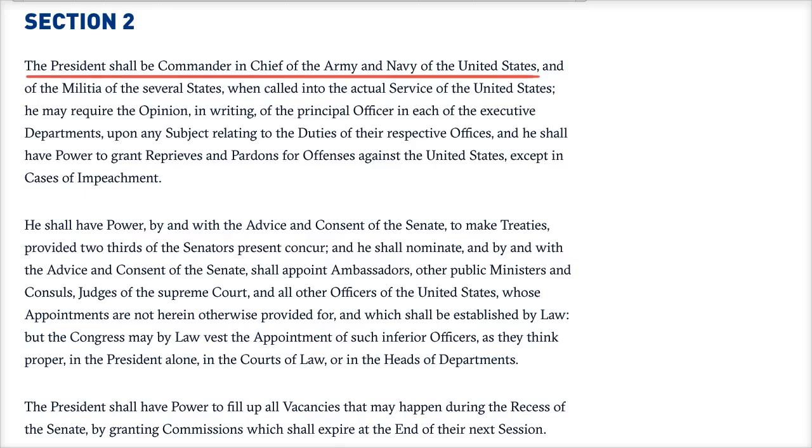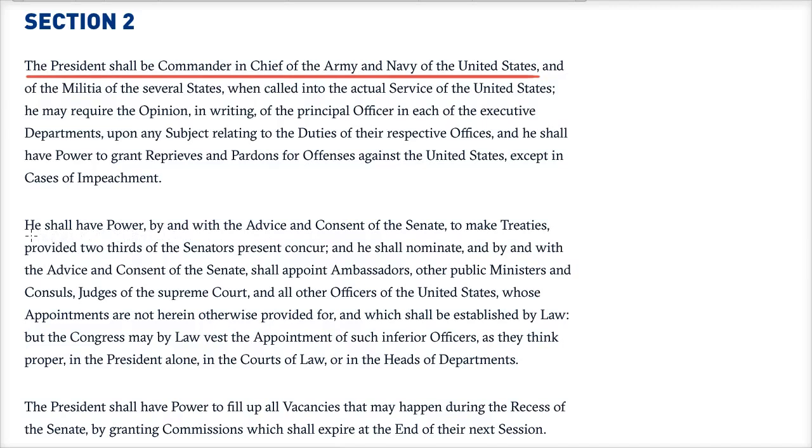At the same time, we haven't had a declared war since World War II, although there have been lots of military actions, and the question of how much independent power the president has to initiate military action is very hotly contested. Yeah. And then this next section talks about the power of the president to make treaties, but